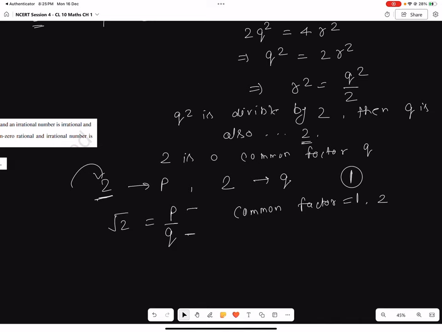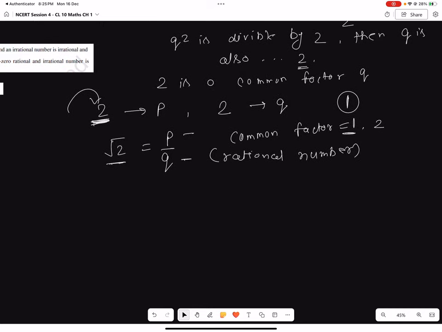So this is the method of contradiction. We started with an assumption that root 2 is a rational number. And to be a rational number, the common factor has to be 1, but we have calculated that there is another common factor of p and q, that is 2. Hence, we can write down here, hence,